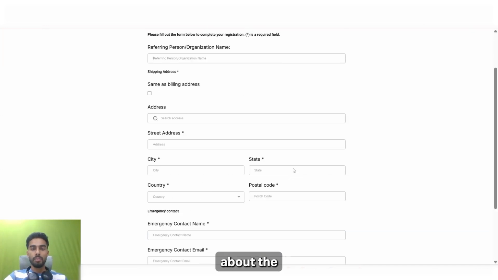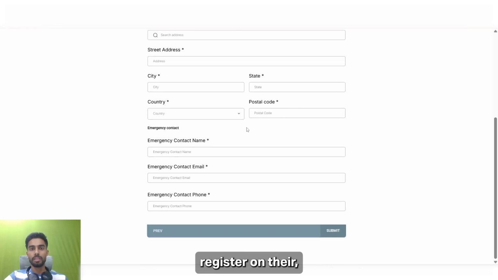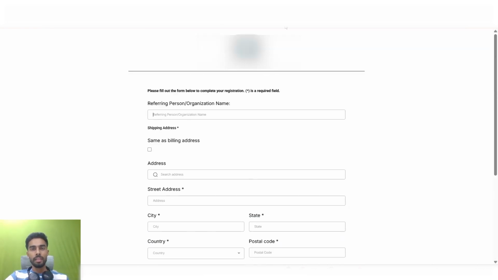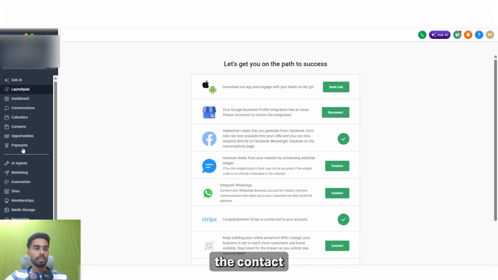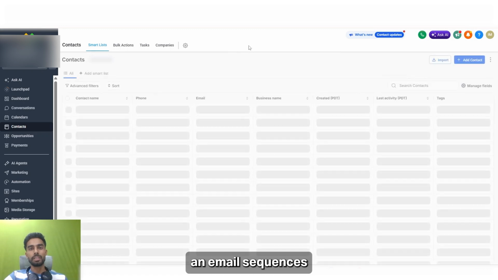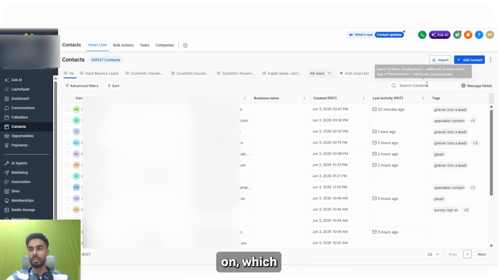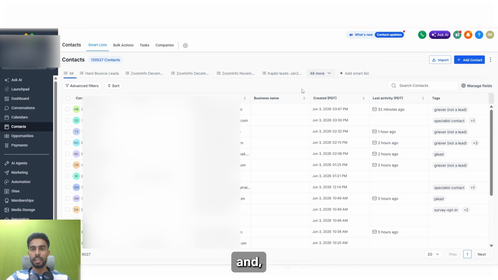So this is about the checkout pages, and once the contact registers on their events, they get updated in the contact records as well, and there are email sequences or follow-up sequences going on, which have been handled by the automations based on the dates. And I'll show you one of the contacts